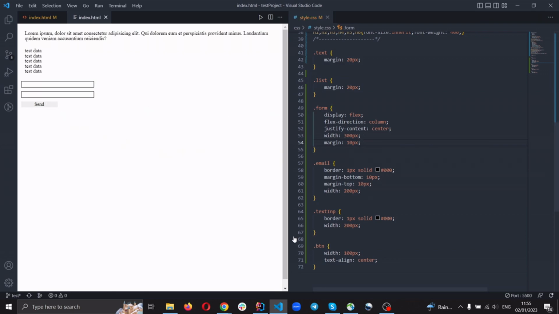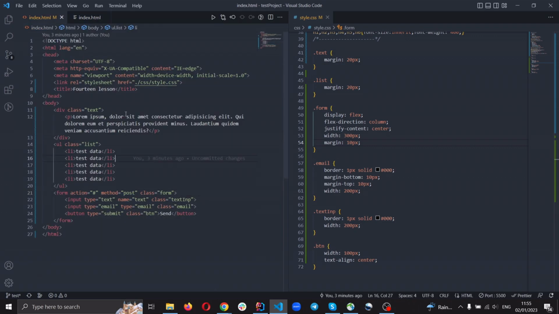So we create and stylize these blocks. It's a text block, a list of data, and some form for sending data. So we create it and stylize it, and now we can